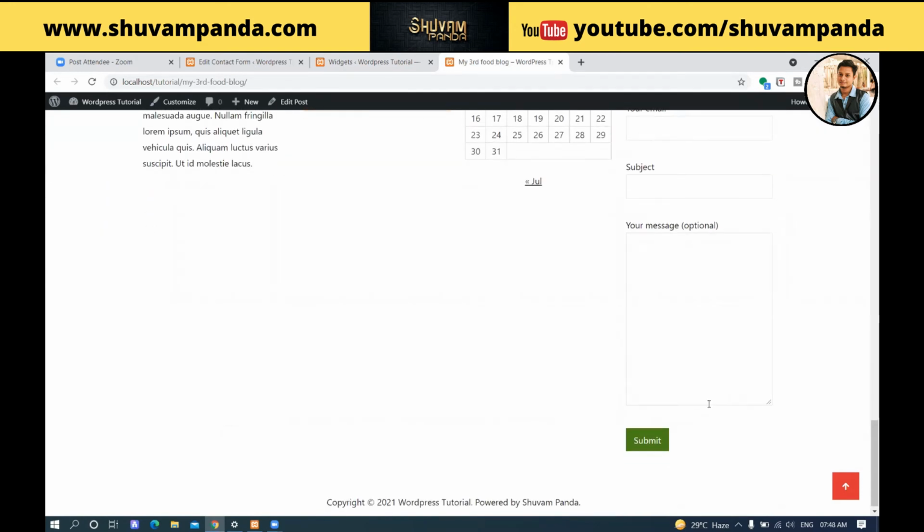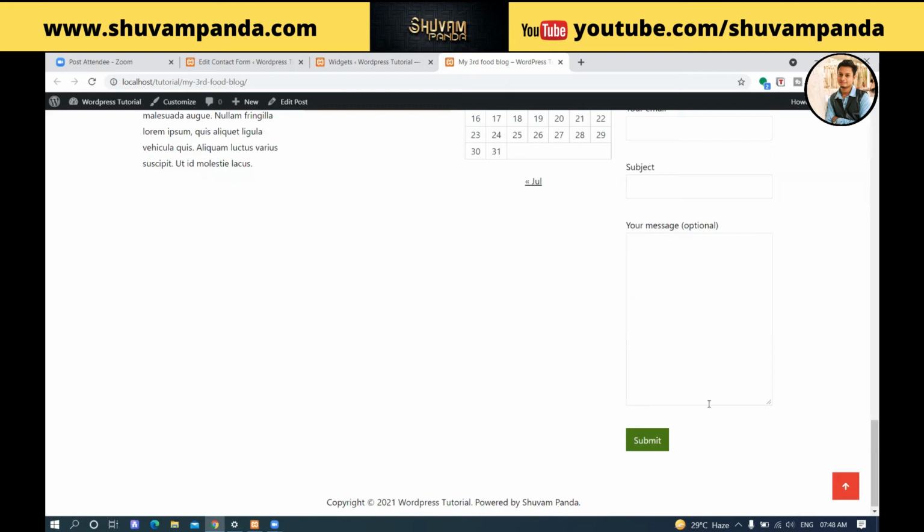In this way you can change this footer and this sidebar, whatever I have told right now, and it will be fully dynamic. Dynamic means one time you design the footer, and that footer will be visible on each and every page of the WordPress, so you do not need to put the same footer again and again.